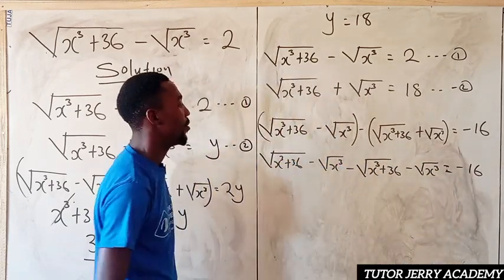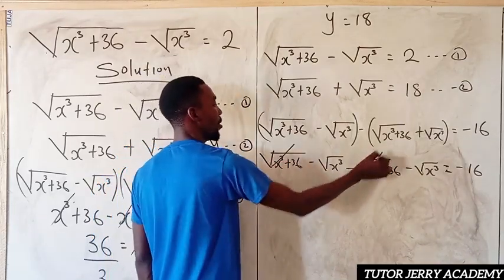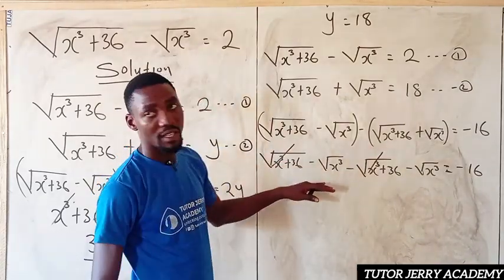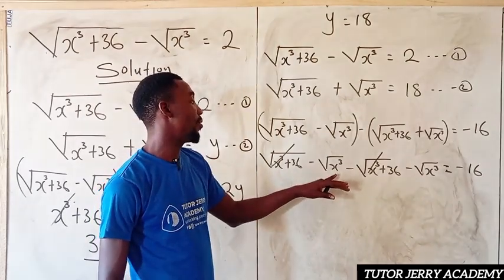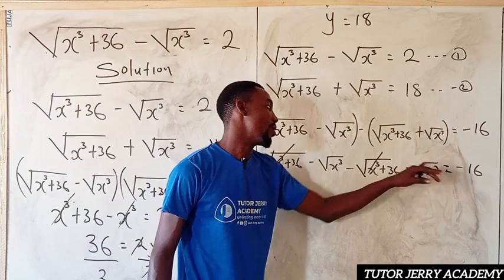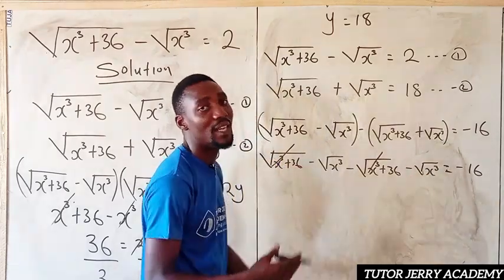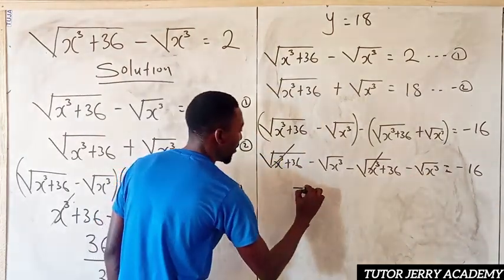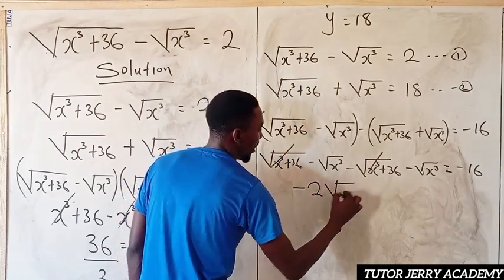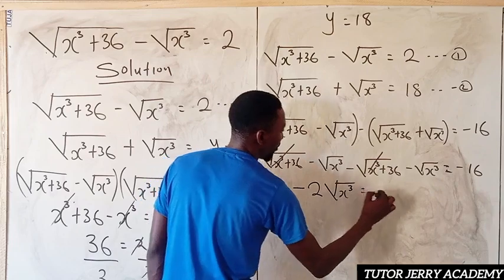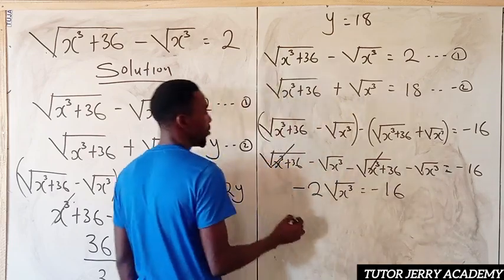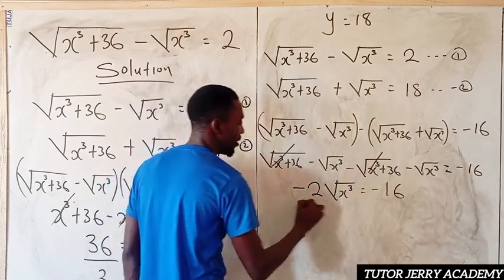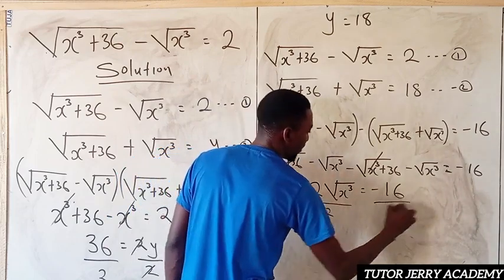Now this will go with this, and we'll be left with minus the square root of s to the power of 3 minus the square root of s to the power of 3. If you sum that together, we have minus 2 root s to the power of 3 equals negative 16. So if you divide both sides by negative 2,